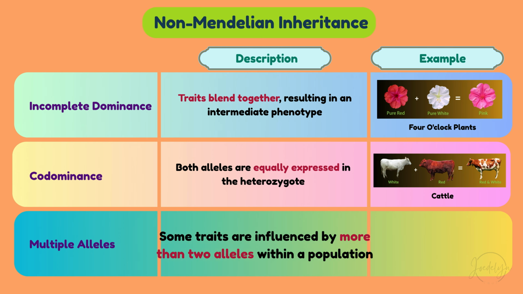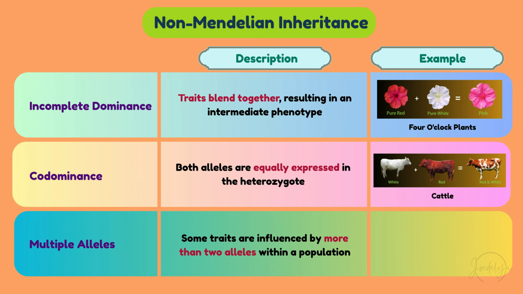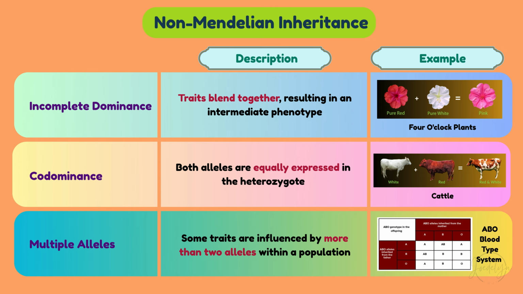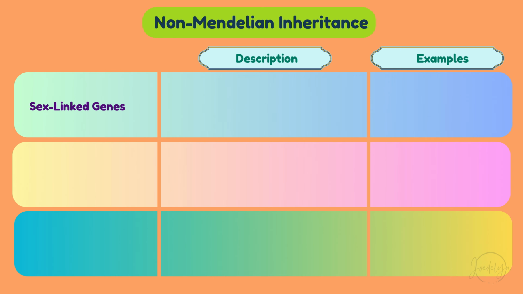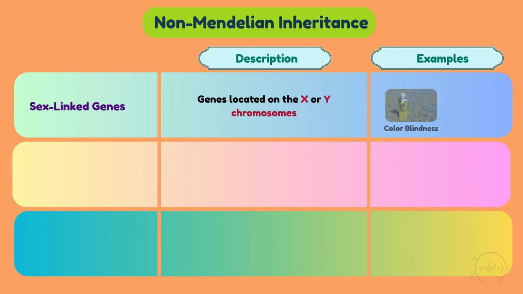Multiple alleles: some traits are influenced by more than two alleles within a population. A prime example is the ABO blood type system in humans, where alleles A, B, and O combine in different ways to produce the four blood types, A, B, AB, and O. Sex-linked genes: these are genes located on the X or Y chromosomes. For example, color blindness is X-linked, making it more common in males due to their single X chromosome. Another example is hypertrichosis pinnae oris, a Y-linked trait causing excessive hair growth on the outer ear, seen only in